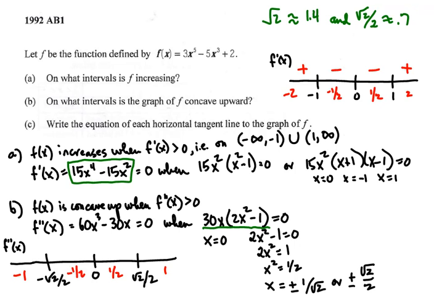The first will be negative, the second will be positive since both factors are negative. The third will be positive because both factors are positive. Sorry, the third term will be negative. The fourth term positive. And so the function is concave up on negative root 2 over 2 to 0 and root